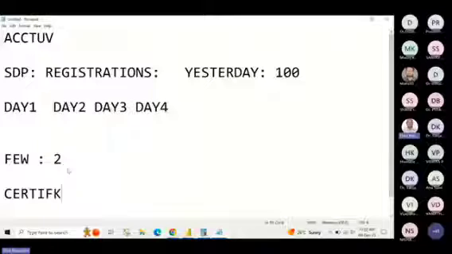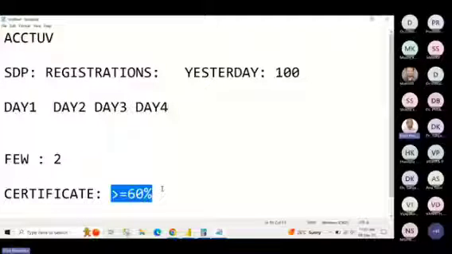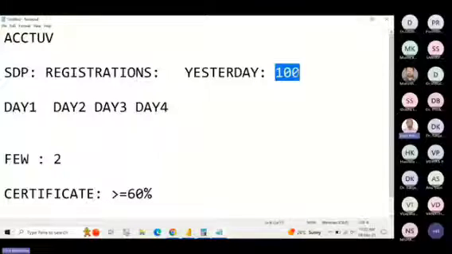The attendance should be greater than or equal to 60%. If your attendance is greater than or equal to 60%, then only these students are eligible to receive the certificate. Now look at these conditions. Out of these 100 students, these two attended a minimum of 3 days. There is no issue. But these two students registered on day 4,